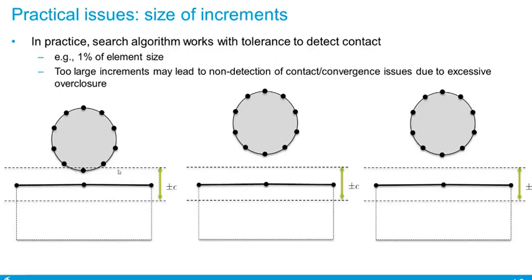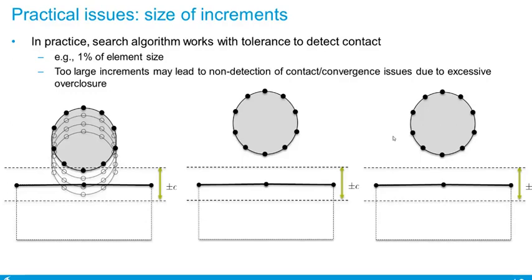contact algorithm. And usually this tolerance is a certain percentage of the element size. For instance, 1% of element size. Basically a small enough quantity to prevent excessive interpenetration. So ideally, you want your increment to be small compared to this tolerance, so that you have a gradual approach